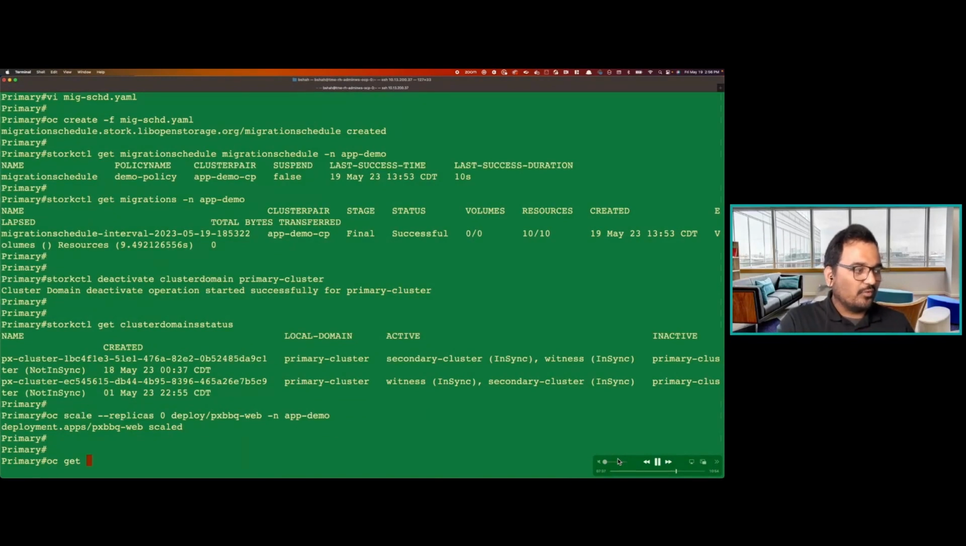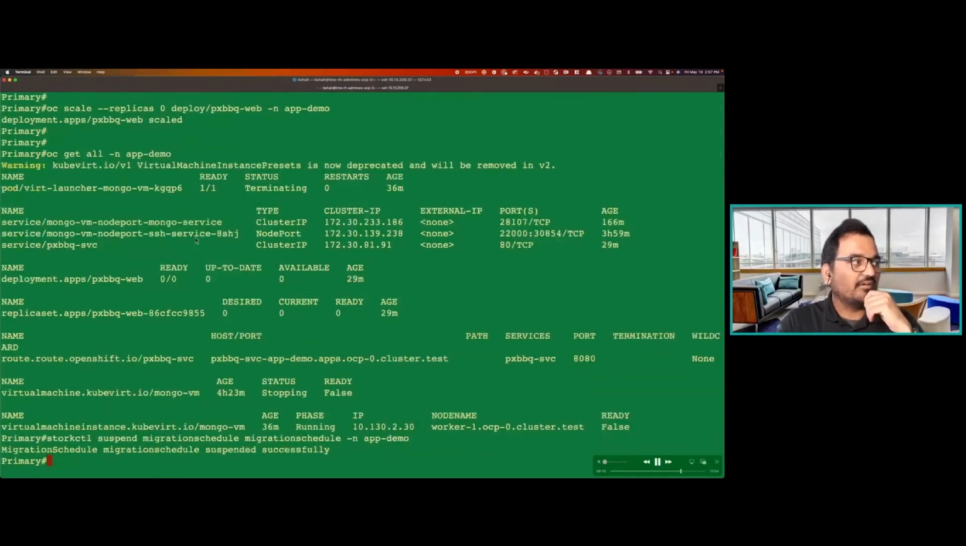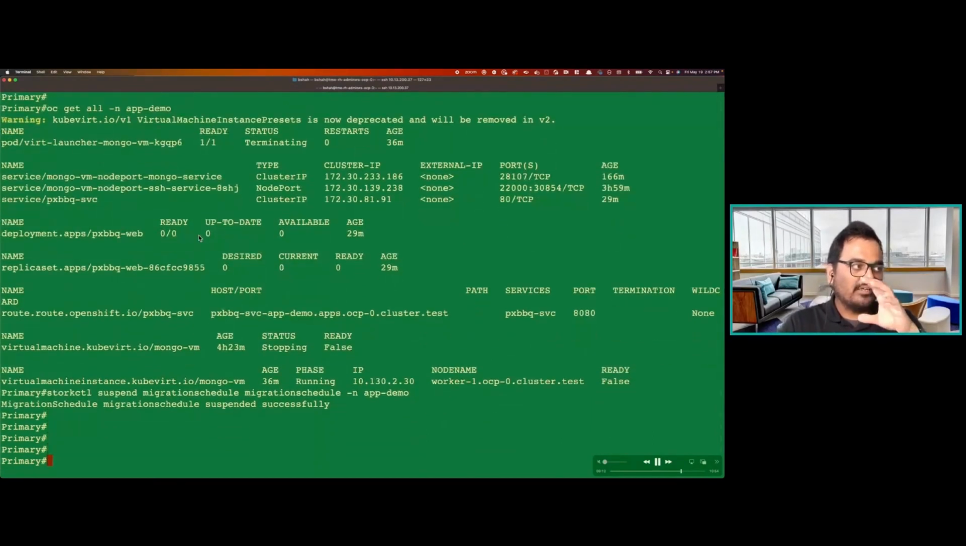Okay. From the UI, it looks good. Let's verify it from the CLI once again. And you can see our VM pod is in terminating state. Our virtual machine is still in the stopping state. Once that's done,